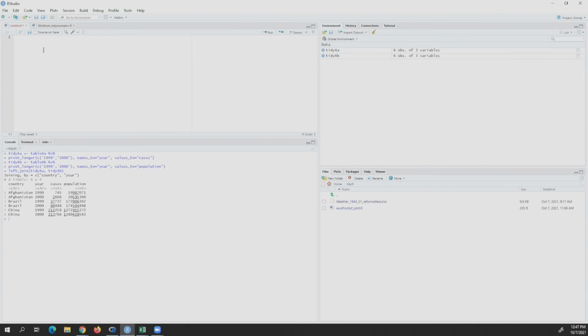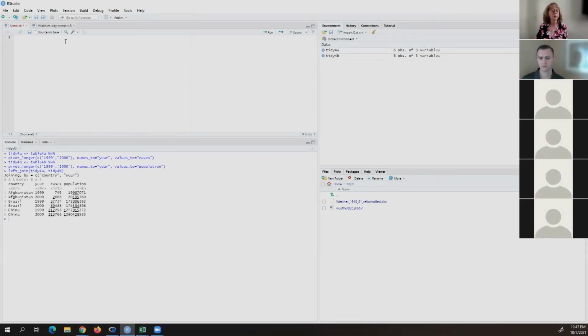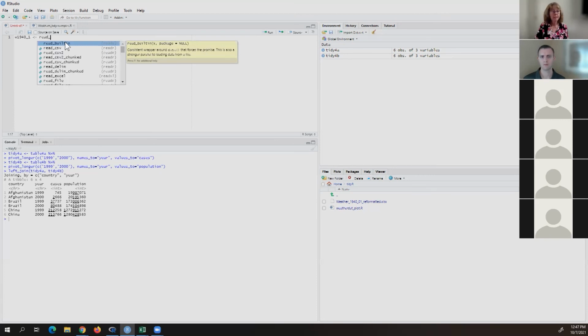I would normally have to set my working directory, but I did this earlier, so I don't have to. Instead, I'm going to create an object, and I'm going to use my assignment arrow with the read XLS command,